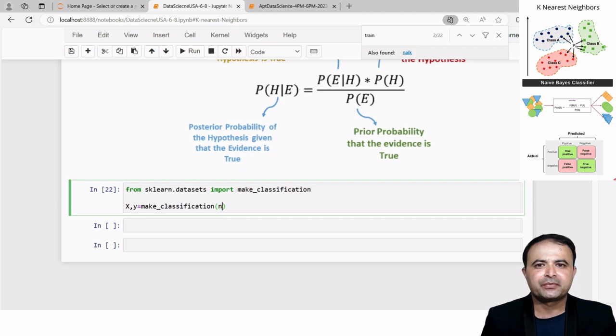And the number of features I want to use, like 6. And the number of classes I want to use,